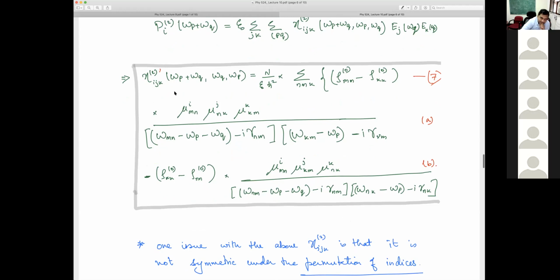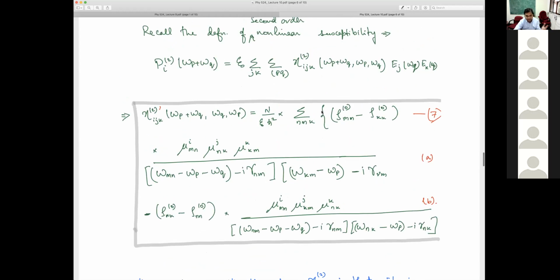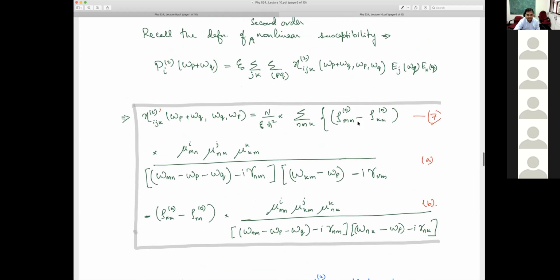But remember this was ijk. So here it is a Cartesian index, and omega i, omega j, and k. So this k is a Cartesian coordinate index basically. So I had these two terms, and the same things basically get translated here. I had one side of the commutator V-rho, so I got this term. The other side of the commutator, I got this term, and that's what it is basically.